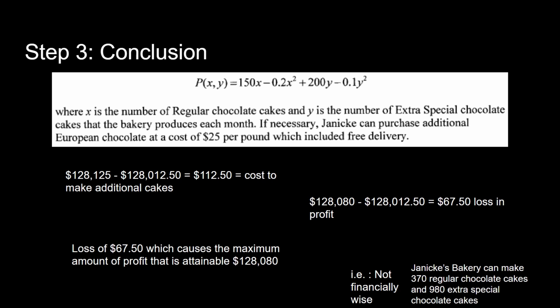The loss of the bakery's profits is $67.50 when compared to the amount that they could actually produce while being constrained. That amount being $128,080. In conclusion, it would not be financially wise for Janique's Bakery to purchase the additional chocolate needed to produce the extra cakes. Janique's Bakery can still produce 370 regular chocolate cakes and 980 extra special chocolate cakes for a profit of